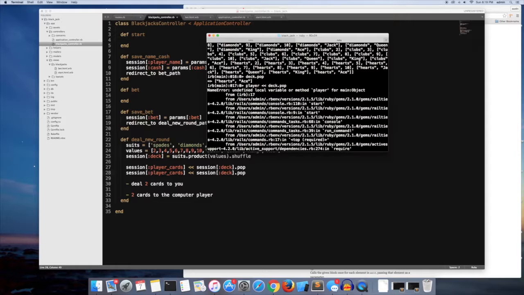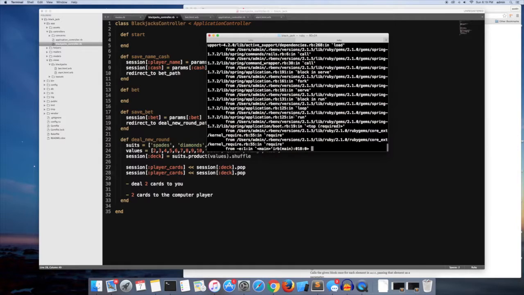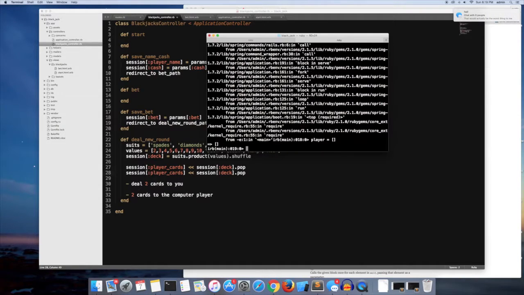Like you could just do this without ever declaring player, and it would just automatically create player. But because we're doing this alligator sign, and we're not setting it equal to anything, then for a reason we have to declare player. So in order for it not to be an error, we have to say player equals an array, and then we can say player eats deck